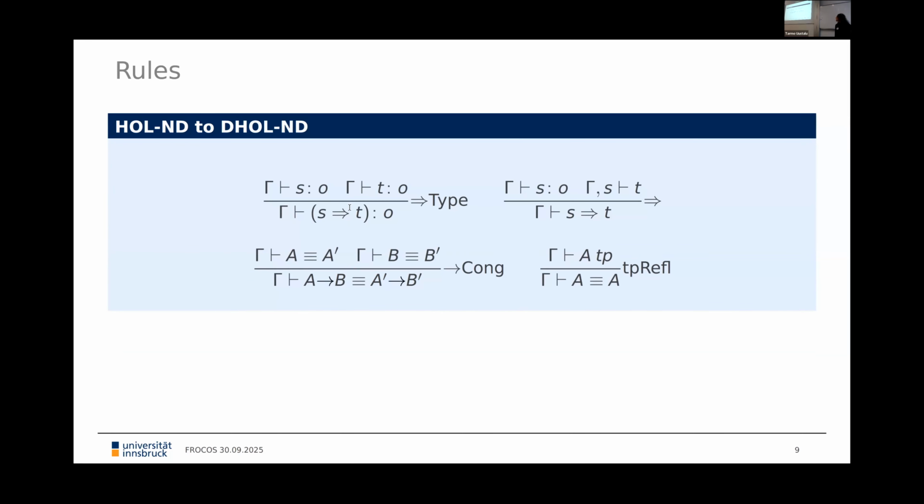To show a bit more about what effect this has on the system, I have here four rules from our reduction calculus for work, which are all very simple. We have the typing of implication, we have the implication proof rule, we have congruence for function types, and we have type reflexivity, which is a bit of a misnomer. It's actually type equality, but in Go that's just reflexivity. So here they're the same.